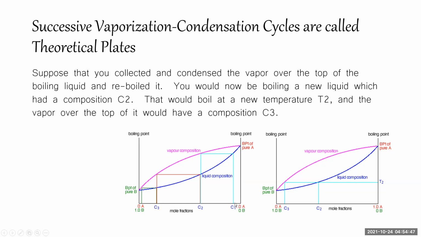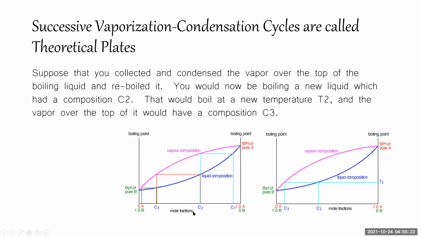So let's say that you take a mixture of two components at composition 1 and you heat it up. Eventually it will boil at a temperature, and we can plot that on the y-axis. And then we can collect the vapor above the liquid by condensing it. If you take the vapor above the liquid and condense it and collect it, it will have composition 2, which will be more enriched in the lower boiling component.